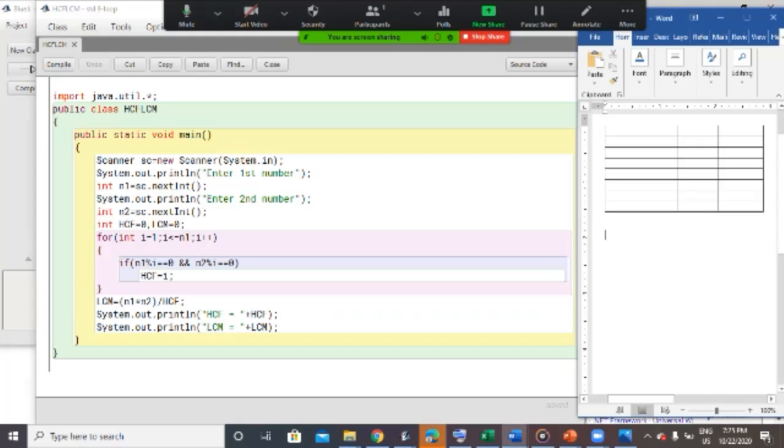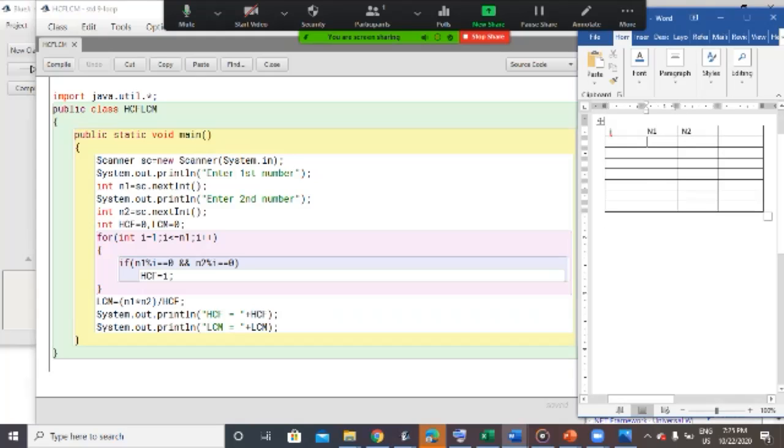Let us say I'll take three variables like we have taken over here: I, N1 and N2. Now out of both the numbers, you can take the control variable from 1 till that number.